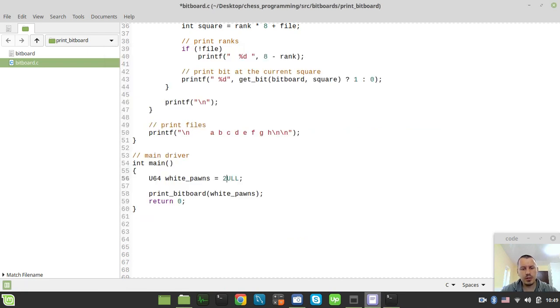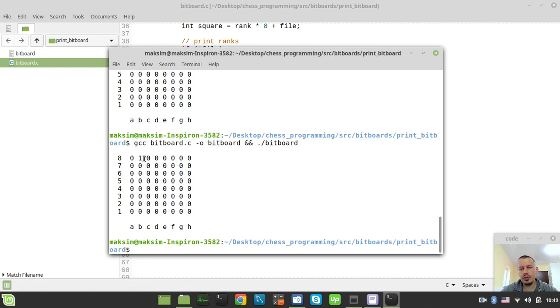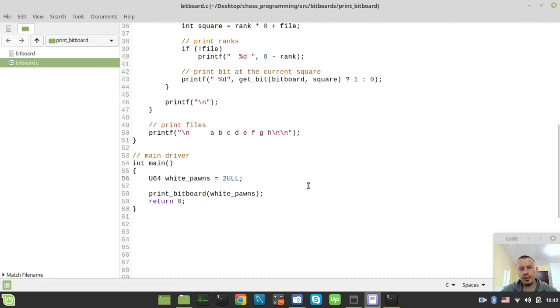But obviously setting the bits in this decimal format doesn't really tell you much, so it would be much more appropriate to actually be able to set the bits using the human readable coordinates like E2, E4, and so on. So in order to implement this, we can actually leave this at the moment. I just want to implement some debugging stuff here. So just say for int i is equal to 8 and i is greater than 1, i minus minus, and